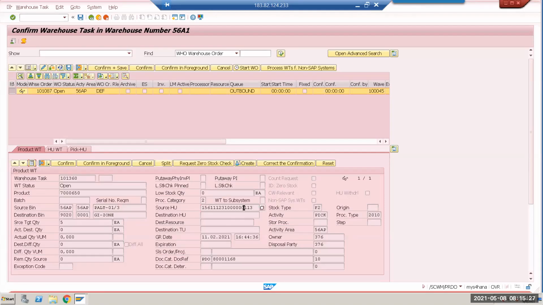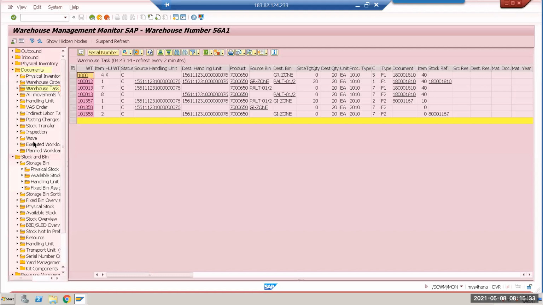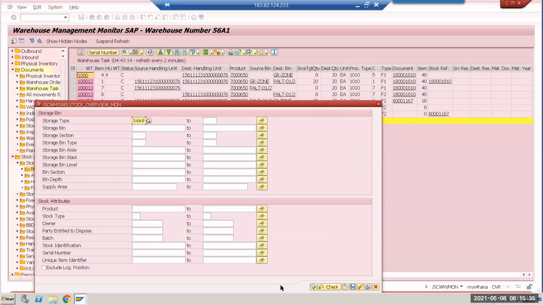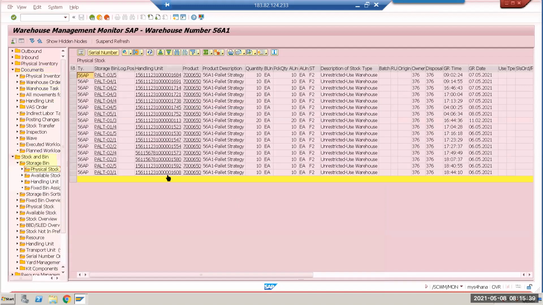Okay. I think 113. Let's see 113. What is my stock color? 113 is a 20. Okay, 20. Let's see, warehouse task.